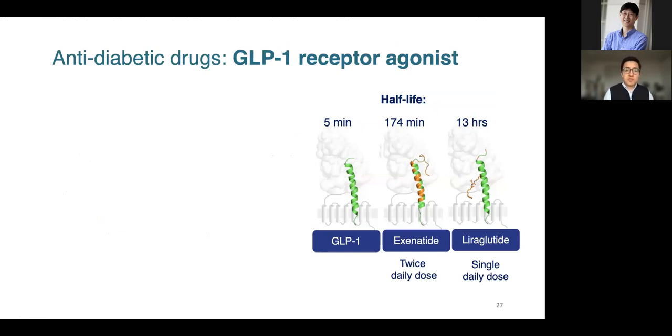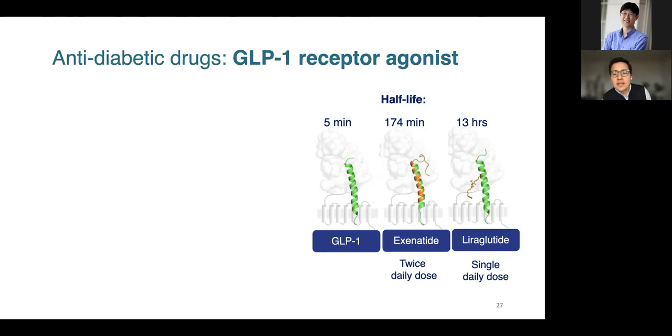And when it's produced in your body, it helps to give a feeling that you are not hungry anymore. However, this peptide has a very short half-life of approximately 5 minutes. And this is because the body regulates these signals very tightly. And throughout the years, people have discovered other versions of these peptides with extended half-life.